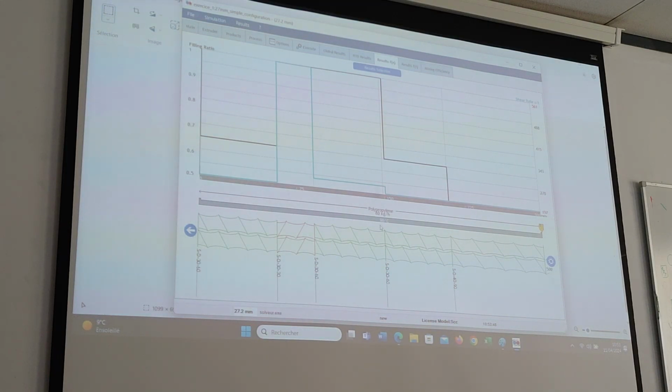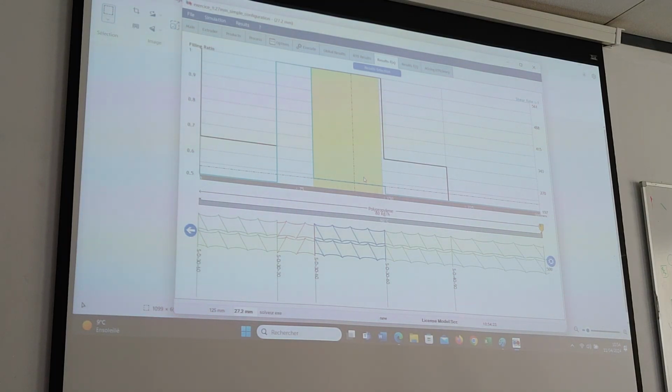So here, it came back to the simple simulation I showed you yesterday. You see, you don't have a lot of elements. But here, theoretically, as long as you are in this element, you have the same filling ratio, and the shear rate remains at 197. But here, I think we are still in the same geometrical element, but it's different because in this part it's completely filled. So you are right, you have a different shear rate. The shear rate is a bit higher in this example.